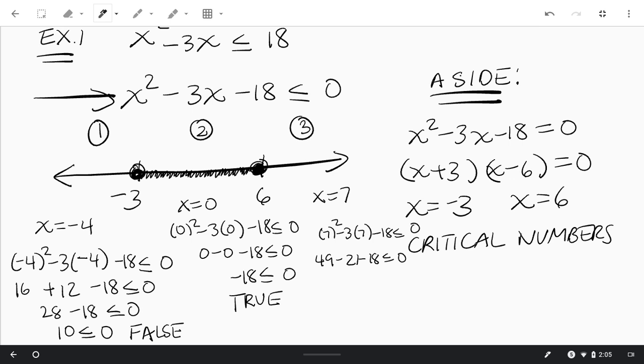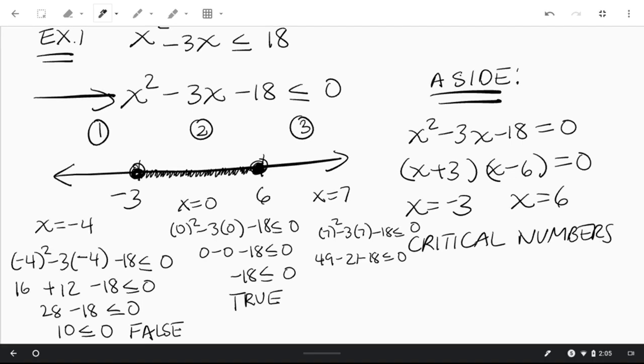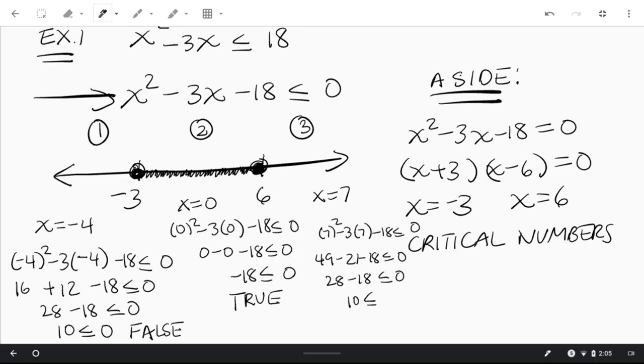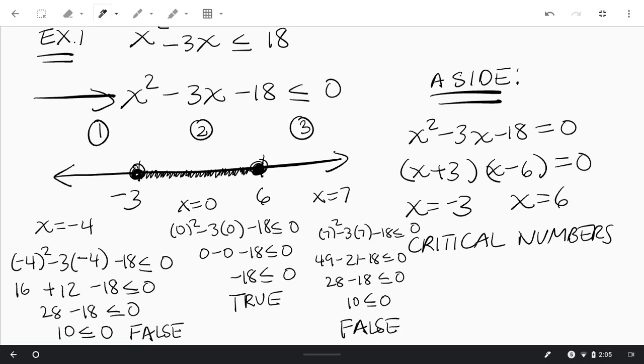And I get 28 minus 18. 28 minus 18 is 10. Is 10 less than or equal to 0? Absolutely not. So that turns out to be false. And when it's false, we do not shade that part of the inequality. So it turns out that the only